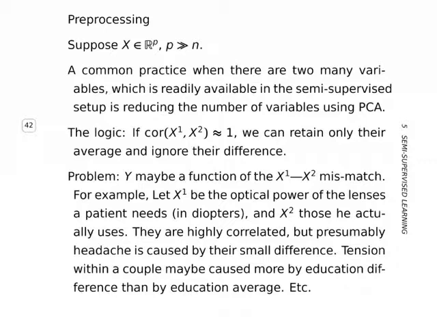But if what I want to measure is something related to headache, then the small difference is what makes a difference and not the absolute number. And I can build other examples where at first sight things are highly correlated, but what really matters in psychology or biology, whatever, is a mismatch and not the average.